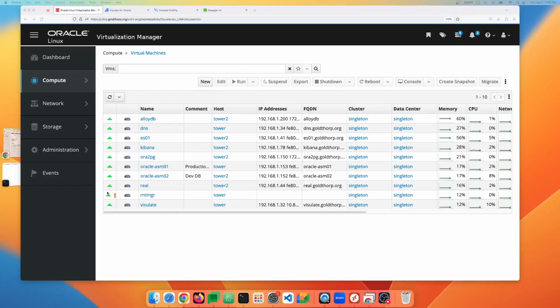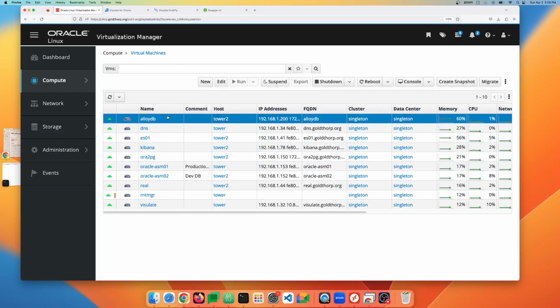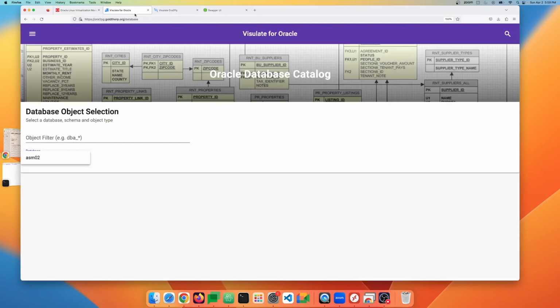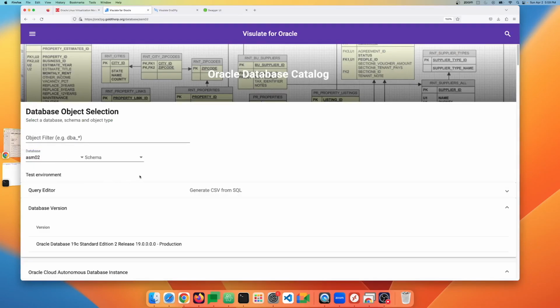I've created 3 virtual machines in my development environment. I have an Oracle database called ASM02 running on one virtual machine. I have an AlloyDB Omni database server running on a separate virtual machine, and then Visulate Ora2Pg and Visulate for Oracle running on a third VM. I'm using the Visulate tools to look at the Oracle database that I'm planning to